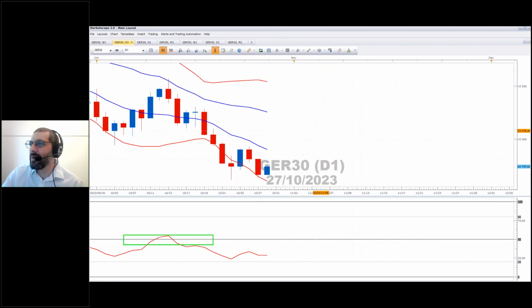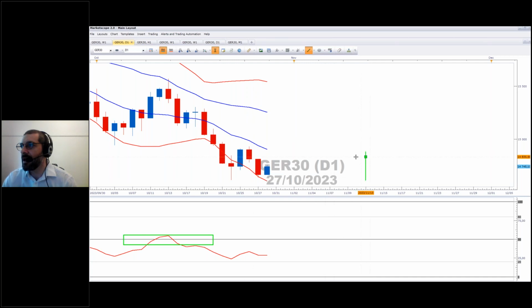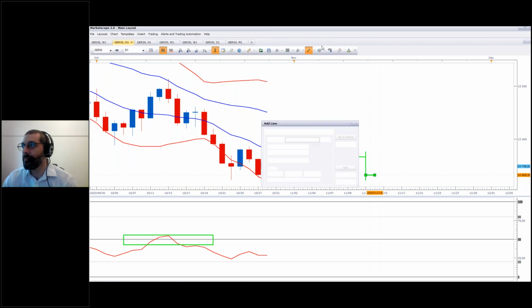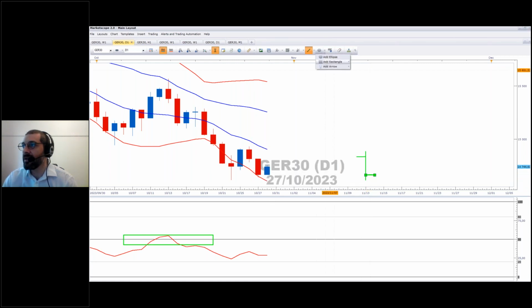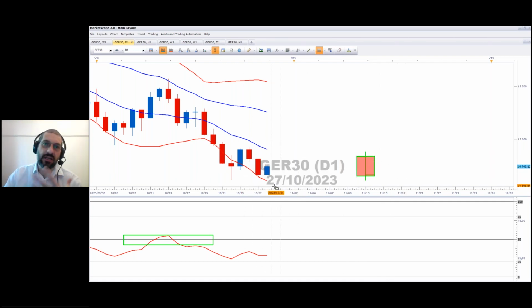All right, so you can see that when we combine the two candles here, it's poor. So you take the high and the low. Where's the open? Open's pretty close to the high. Where's the close? Close is pretty close to the low. So we've actually got quite a bearish reading on DAX over the last 2 days. We can make this red. We actually got a candle like that.